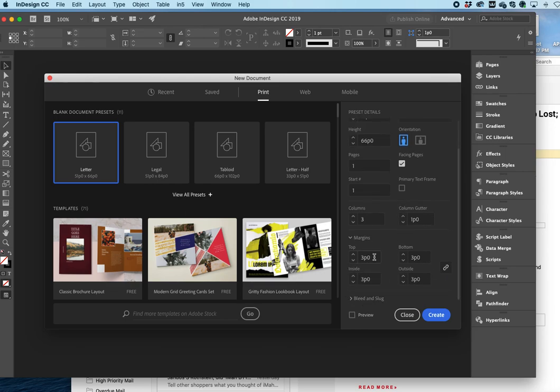And then it also gives you margins, and maybe I'll unlock these so they could be different, and I'll make the top margin a little bit bigger, just so I haven't accepted the default. I'll make that a 4 pica margin. I should say that picas are very traditional with typography. I tend to work in picas on my own projects, but you may well see inches when you are creating yours. The thing about picas is there are 6 of them in an inch, so they're compatible with inches, they're just not quite the same. They can take a while to get used to if you're not used to working with them. So I will say create. 3 pica is a half inch margin, and I just made the top one a little bit bigger.